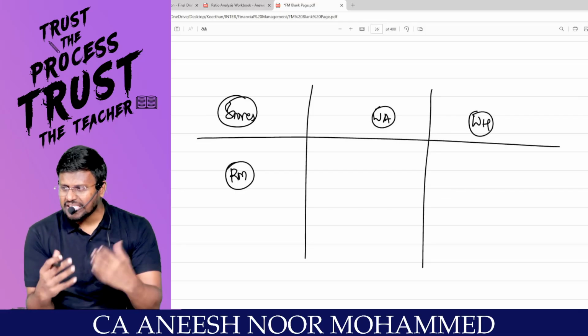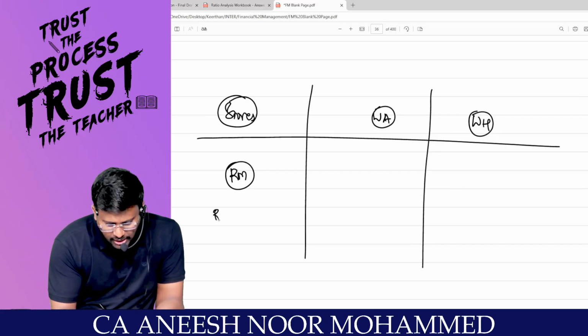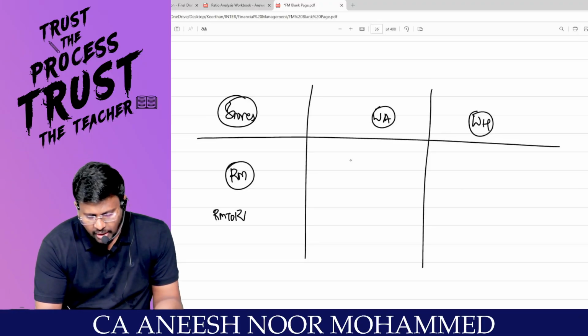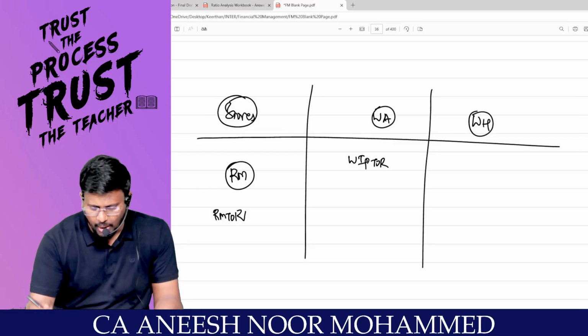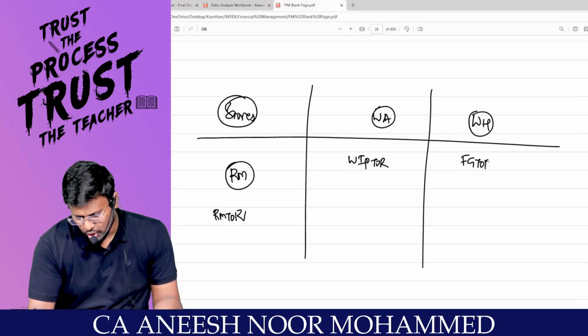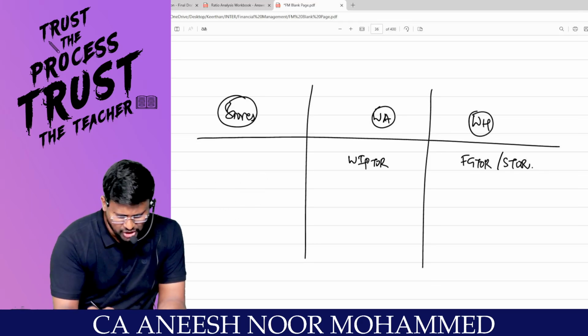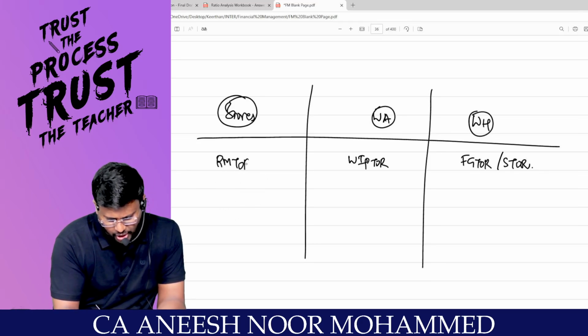What is the performance of the stores? It is the raw material turnover ratio. What is the performance of the work area? It is the WIP turnover ratio. What is the performance of the warehouse? It is the finished goods turnover ratio or stock turnover ratio. Right, sir? So how to check the performance of the raw material, that is stores, by checking the raw material turnover